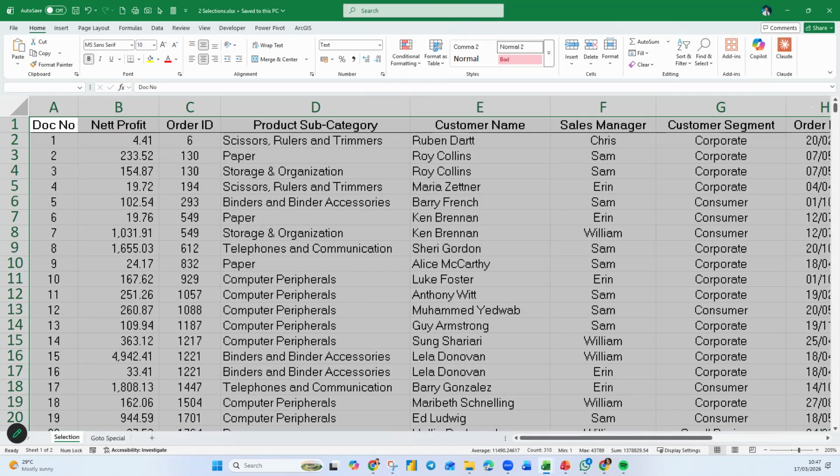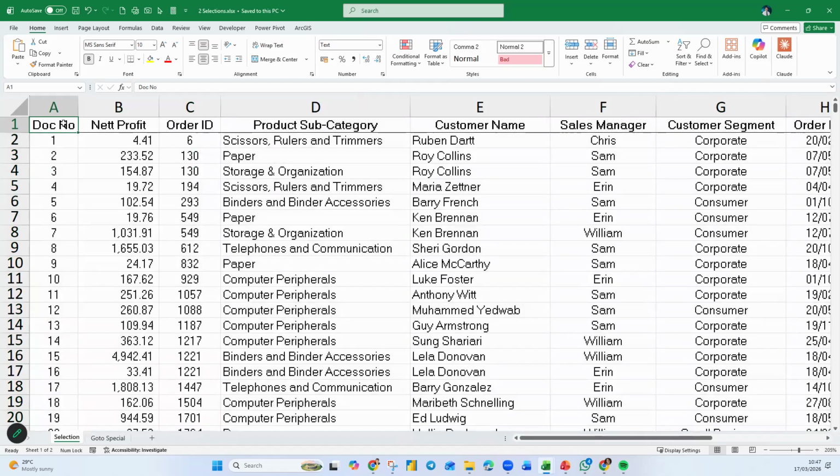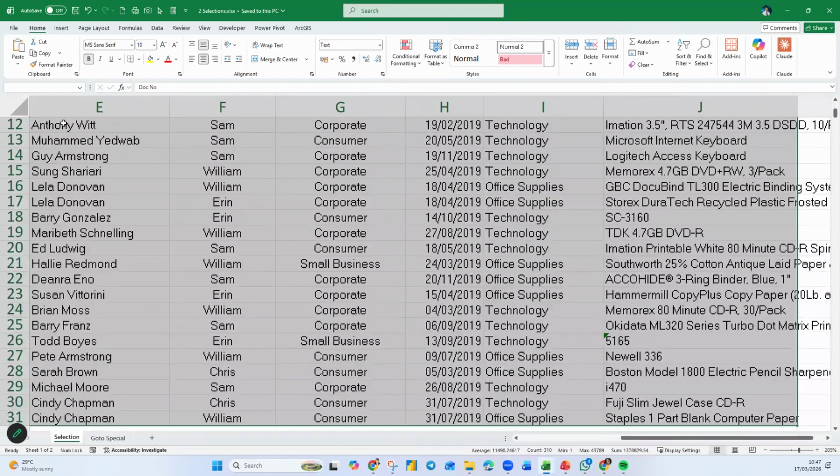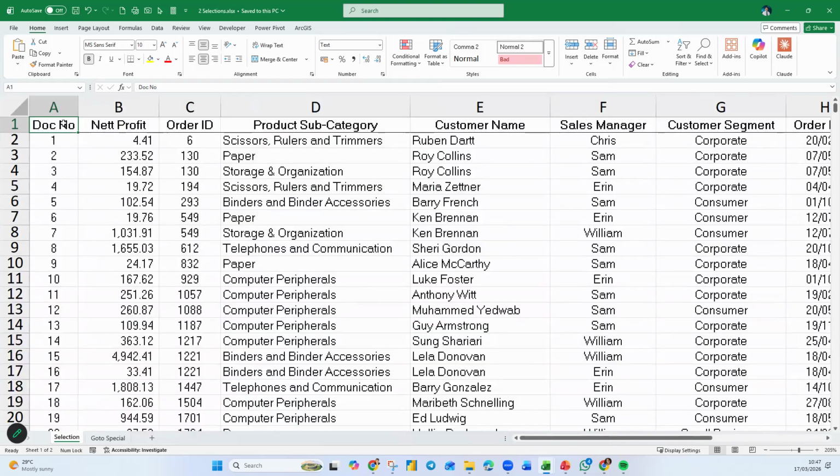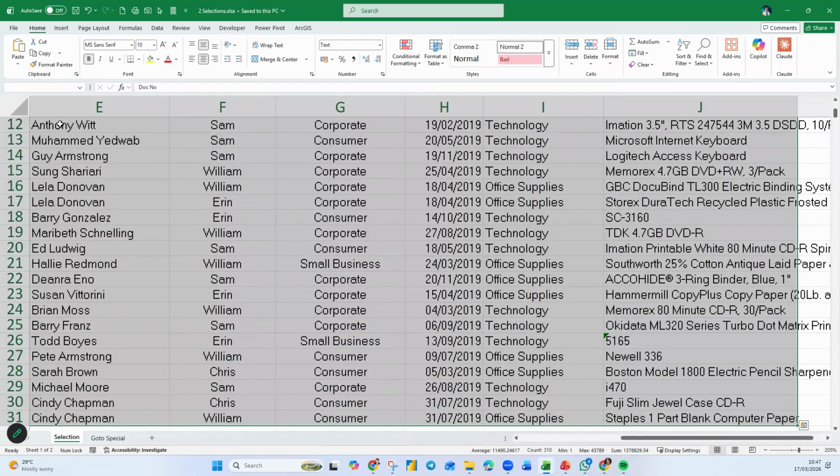Because your data is so huge, you may have a few thousand rows. So Control Shift right, Control Shift down, you may be at the bottom of a few thousand rows, right? Now you want to go back to A1. You cannot use your arrow keys with Shift, up and left. If you start to do that, then the selection is gone. So no, you want to keep your selection.